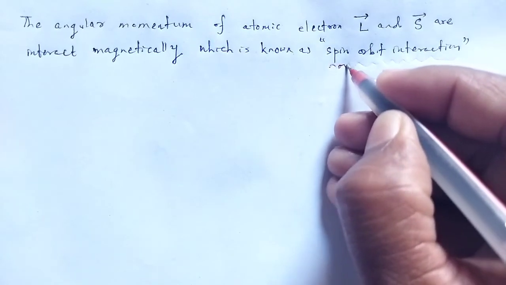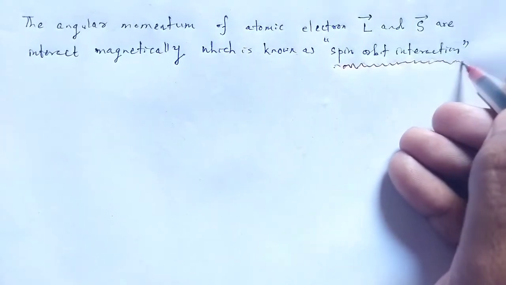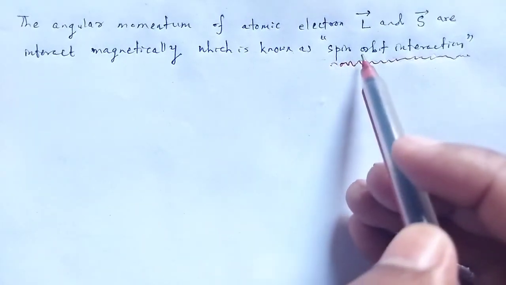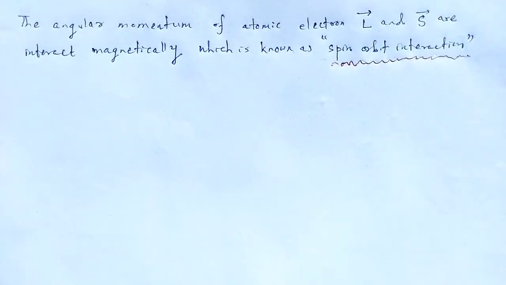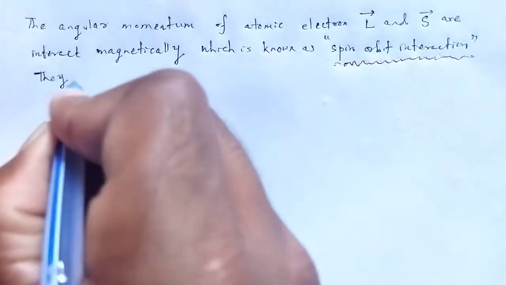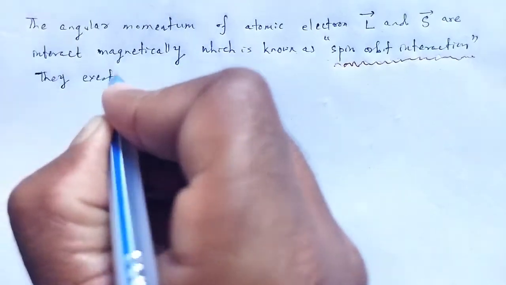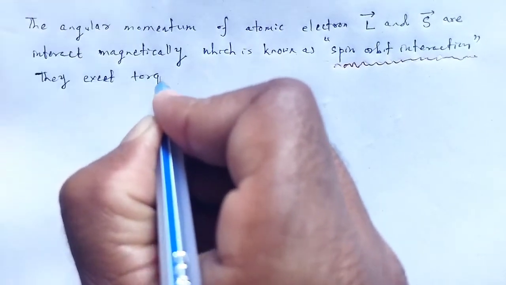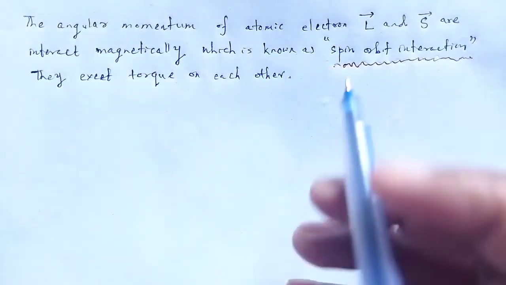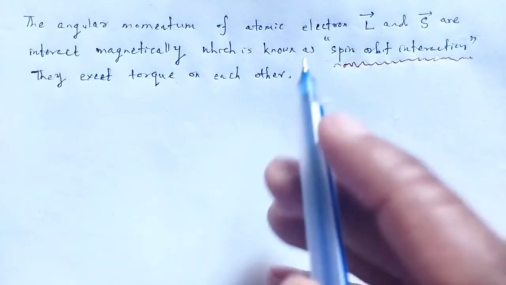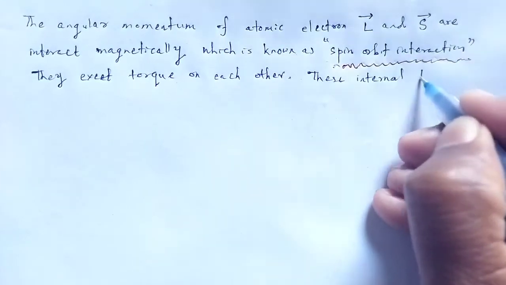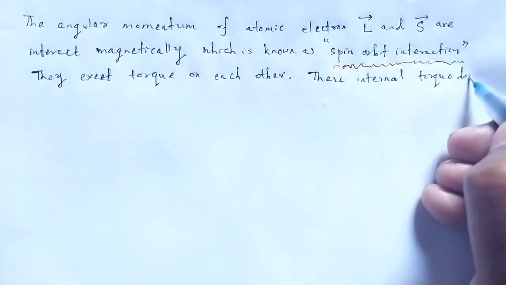Each behaves like a magnetic dipole. Since the interaction is known as spin orbit interaction, they exert torque on each other. These internal torques do not change